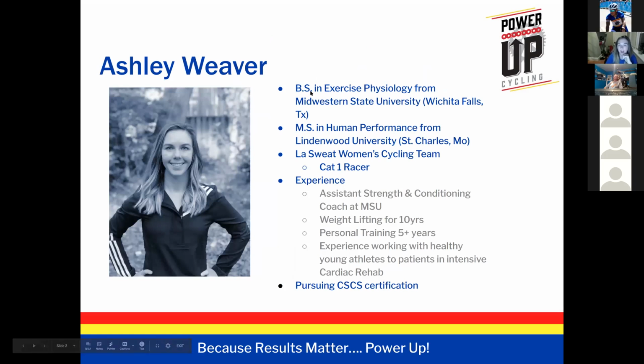Jim had already mentioned, I have my BS in exercise physiology from Midwestern State University. I came up here, got my MS in human performance from Lindenwood University. I'm a bike racer. With experience, I have been an assistant strength and conditioning coach at MSU. I work with the guys on the football team there, men's and women's soccer, women's track and cross country, women's softball, women's volleyball, men's and women's tennis. So while I was in that role, I got to see a lot of different sports,